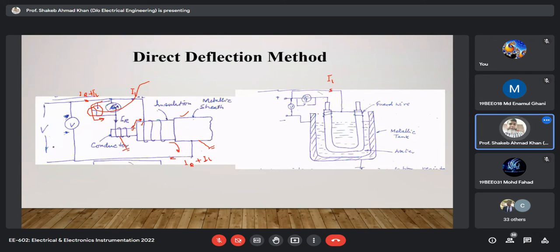This is how this circuit will work. You will see that the conduction current will flow through the body of the insulation, and leakage current through the surface of the insulation. So to avoid that, this guard circuit arrangement is used. It will make sure that no current flows through the galvanometer. It should pass through the guard circuit, and your galvanometer reading or the microammeter reading should be free from the leakage current, and that is our objective. So this is how the guard circuit is used in insulation resistance measurement,